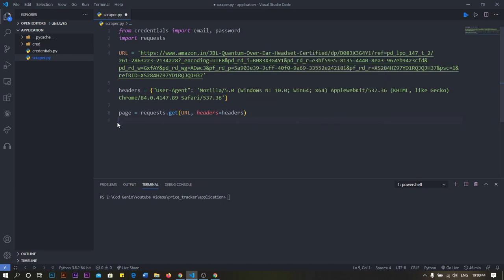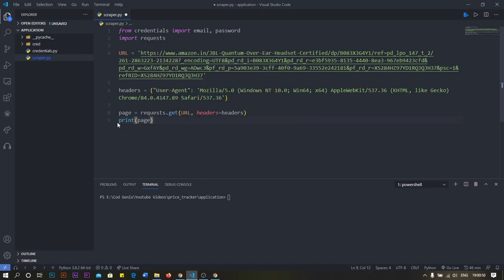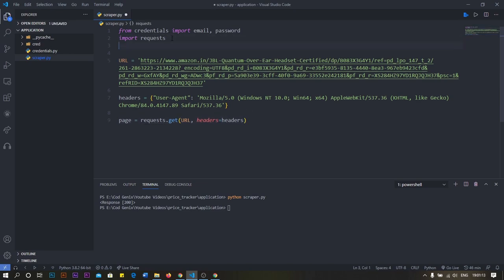This is what we have. Now let me show you what we get here. If this particular code is correct, we'll get an OK response from the Amazon server. Once the request is completed, you can see we receive the response of 200, and 200 stands for OK. Now we do not want the response code, we want the actual page.